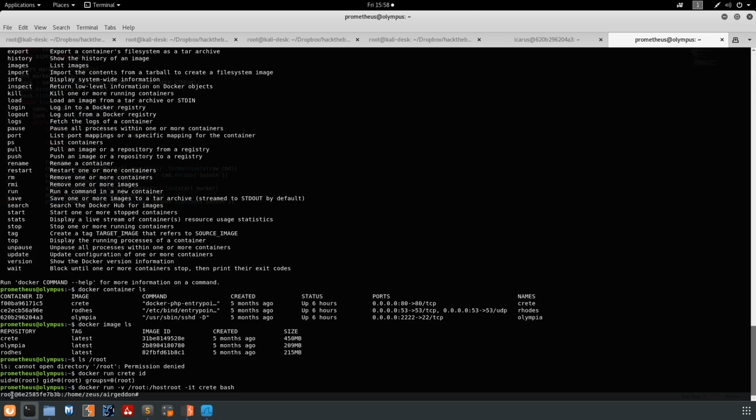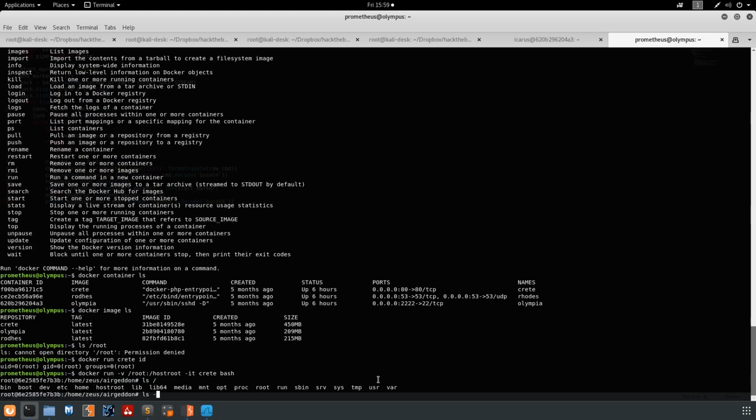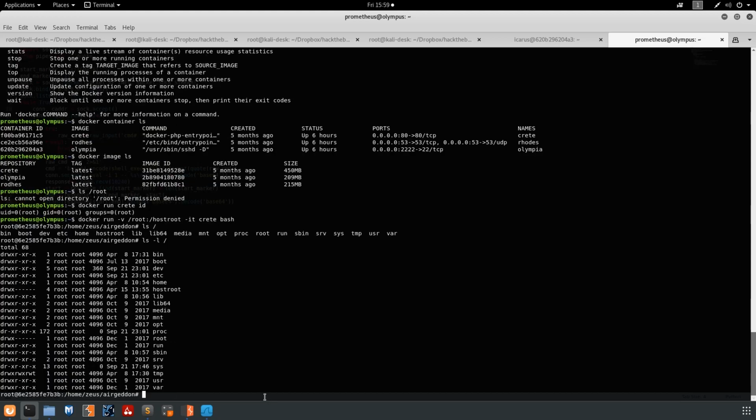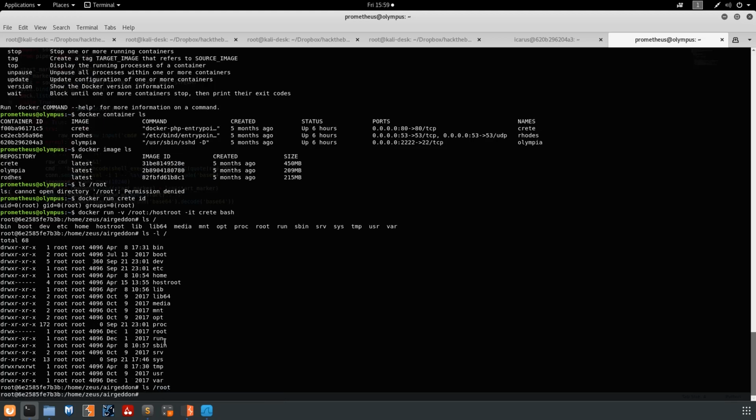And so you can see now that we're root at this random string, and we're in home Zeus Ergeddon, because that's the home directory of this Crete image, I guess. And so if we do ls -l on the root, you can see we've still got a root directory. If we ls root, nothing in there. But we've also got this host root directory. So if we ls -l host root,